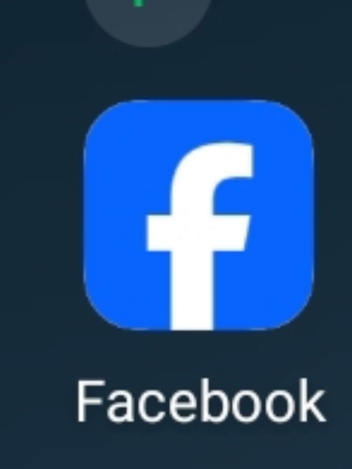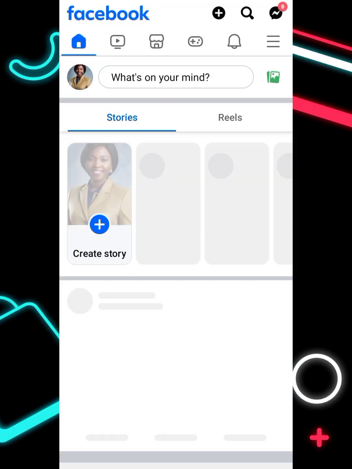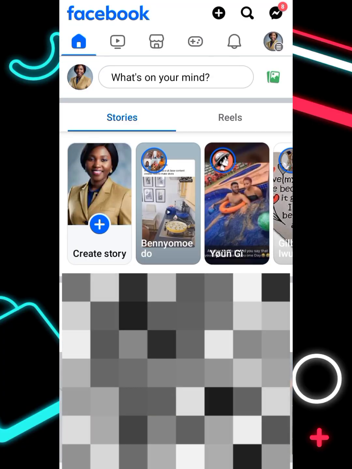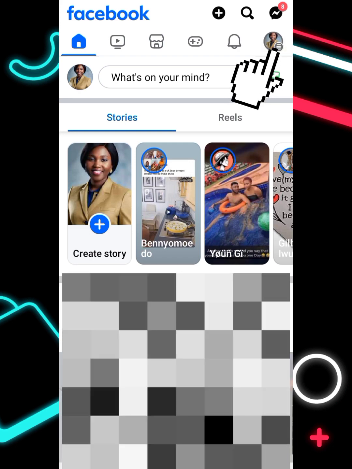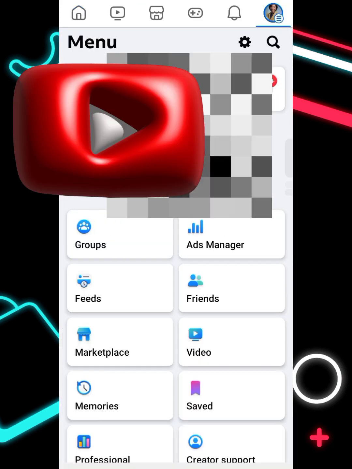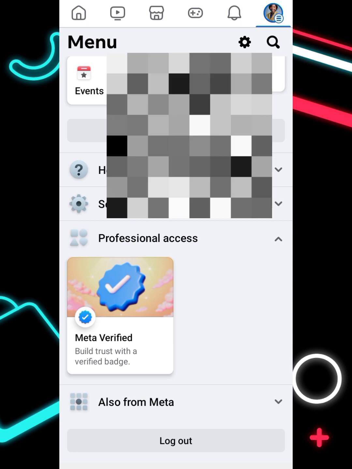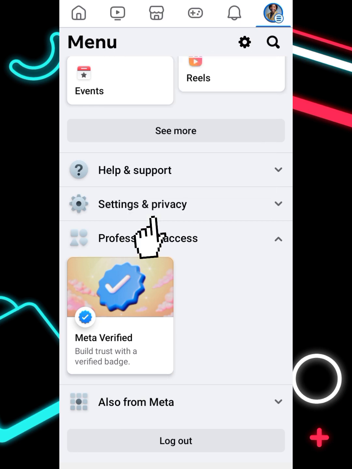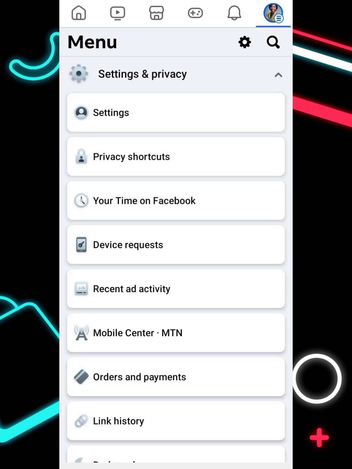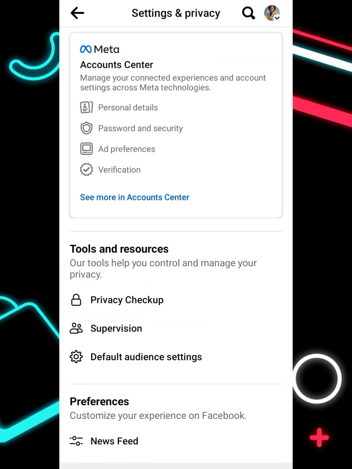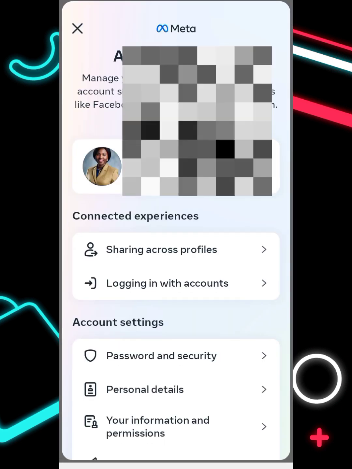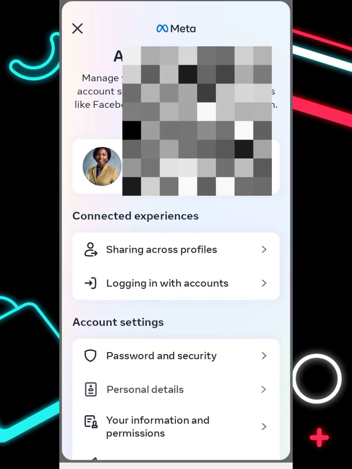So you open your Facebook app, click on this profile picture on the right, up here. Then scroll down, click on Settings and privacy. Then click on Settings again. Then click here under this Accounts Center, just click there. It will open up, and you scroll down